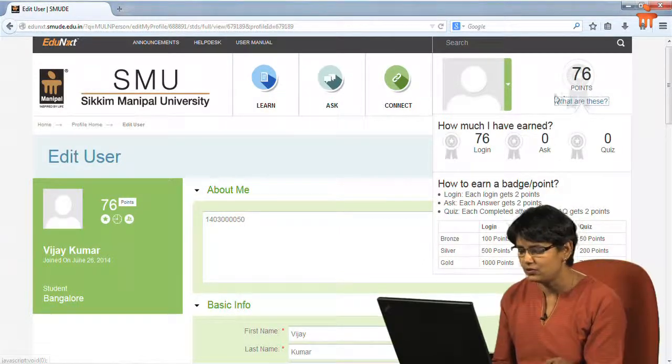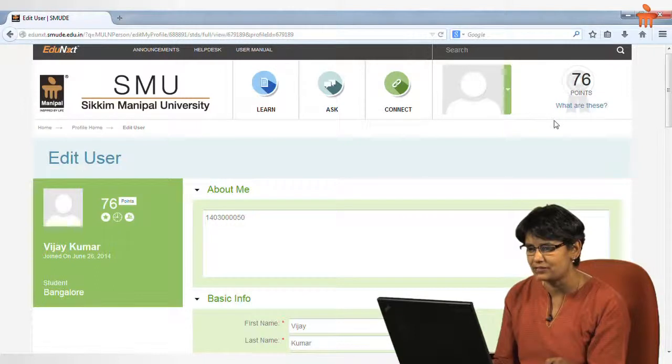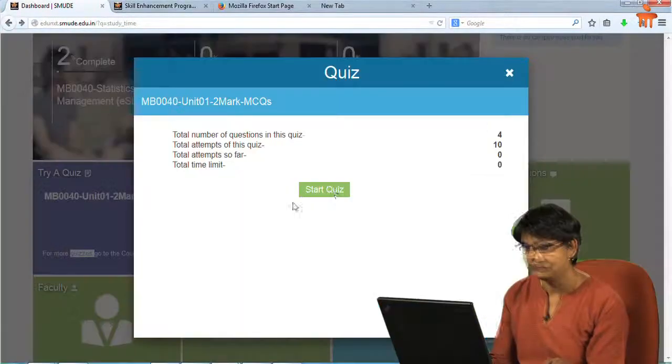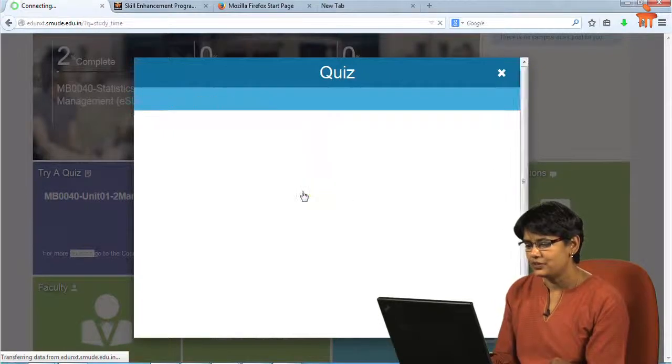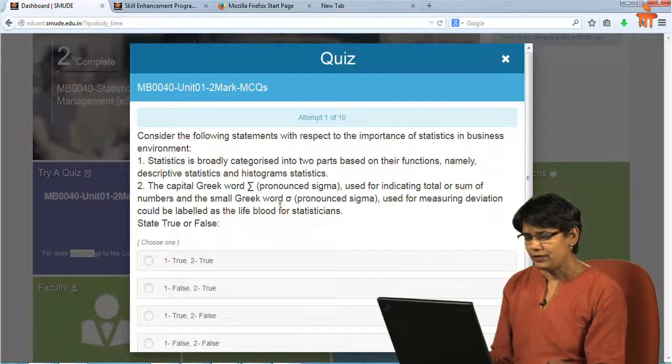Now I'll just show you a demo. Can you see here? The student is currently on 76 points. We'll attempt a quiz. Let's start the quiz here. Say, for example, I attempt this question.